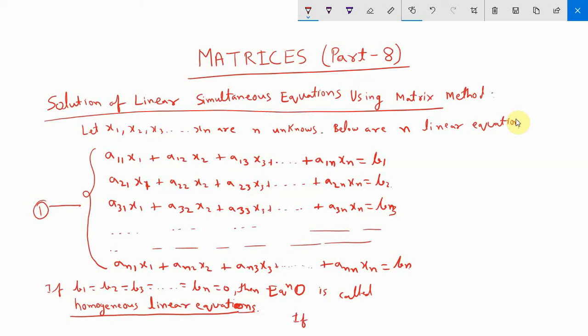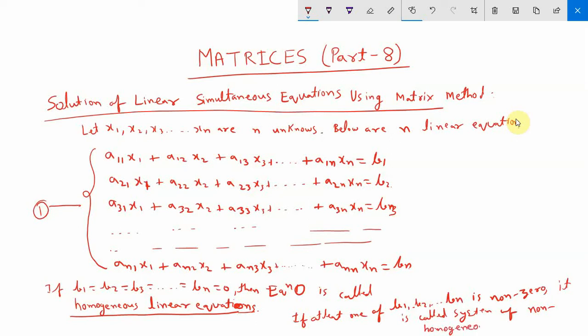If at least one of b1, b2, or any one of them up to bn is non-zero, it is called a system of non-homogeneous linear equations. Okay,